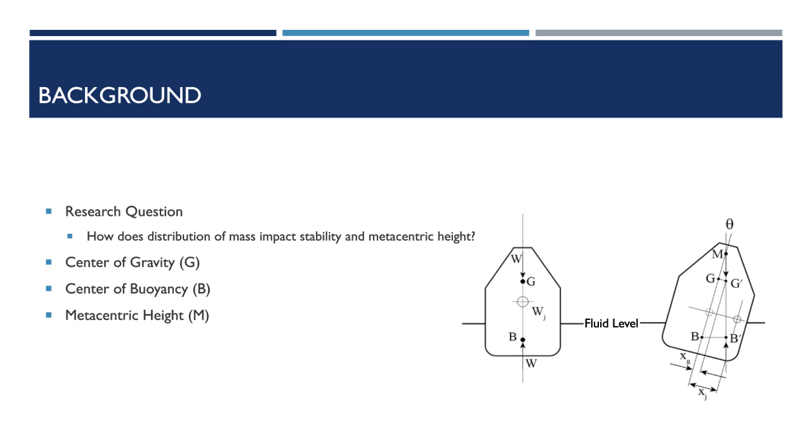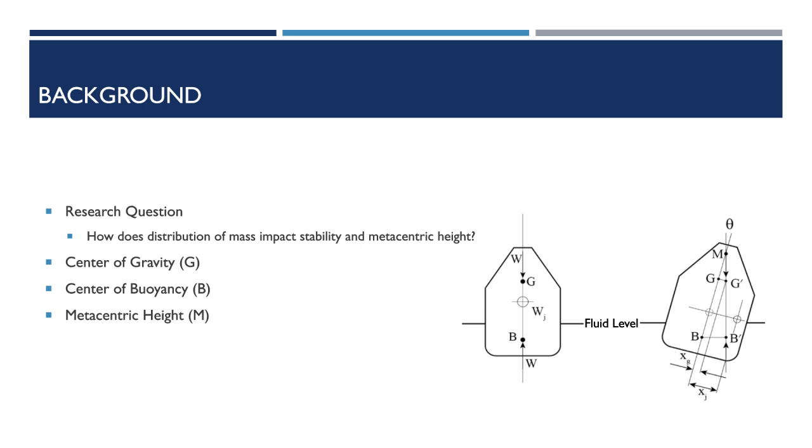The center of gravity is the average position of the weight of an object. At this location, a force can be applied without a resultant angular acceleration. The center of buoyancy is the center of gravity of the displaced fluid. Metacentric height is the distance between the center of gravity of an object and its metacenter and represents the body's